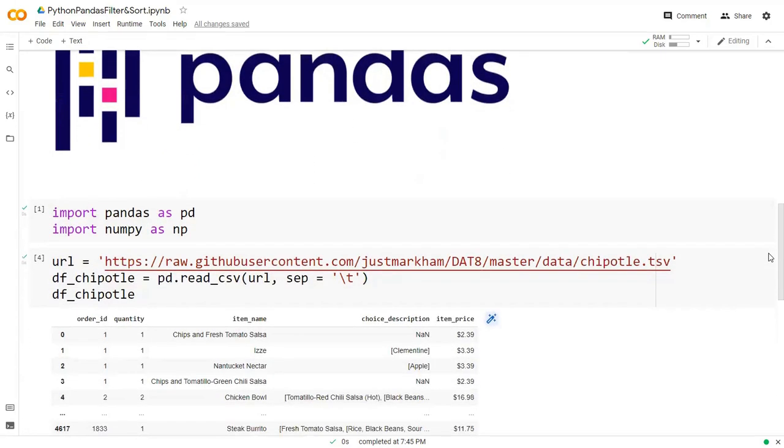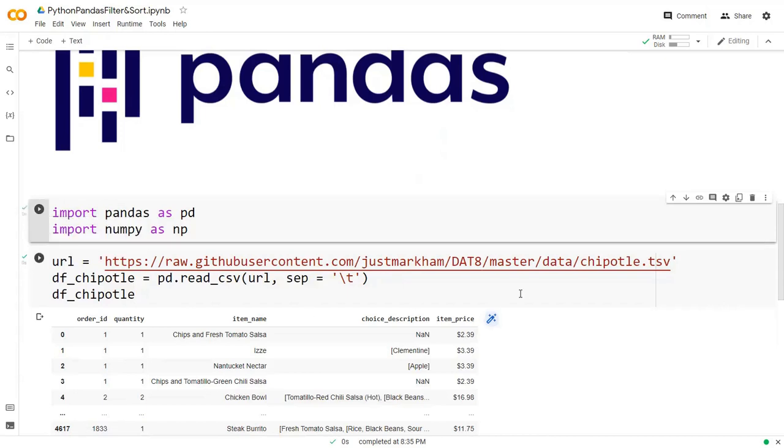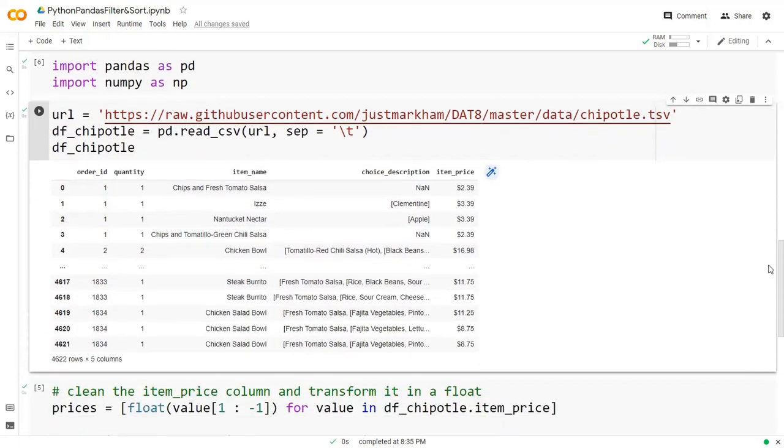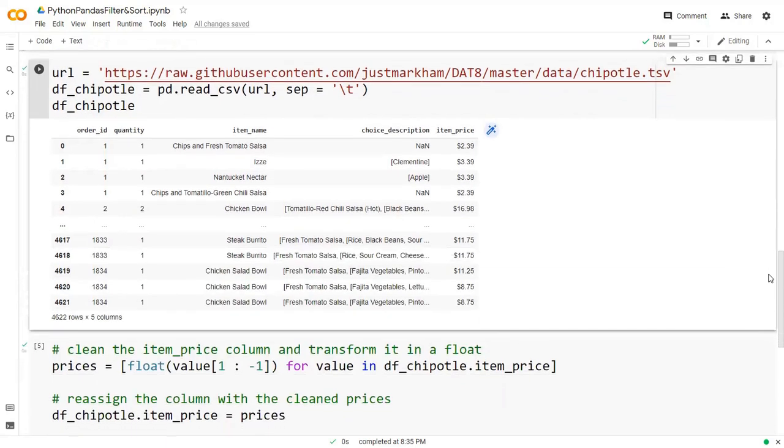So the very first thing is we are importing the Pandas library and the NumPy library. Then we are taking one data set, the Chipotle data set. It is restaurant data, and we are picking up this data. The data is separated by tab, so we are mentioning that as well, because it is tab separated data. Following is my data